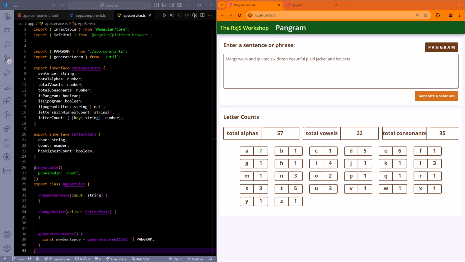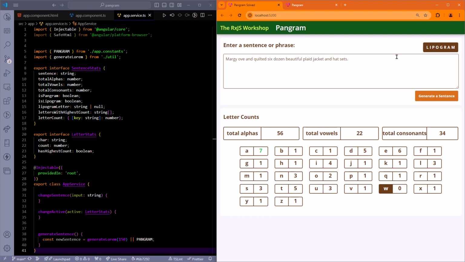It should display a label telling us if the sentence is a pangram, that is, every letter in the alphabet appears in the sentence at least once. And we should also get a label display when the sentence is a lipogram. For instance, if I remove the W from this sentence, it now contains every letter except the letter W, which